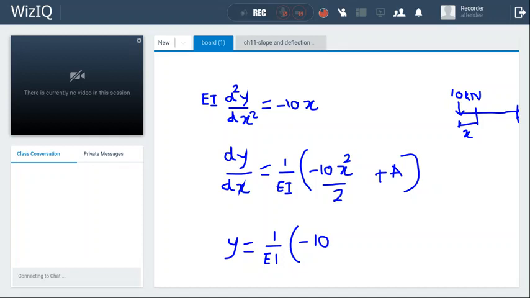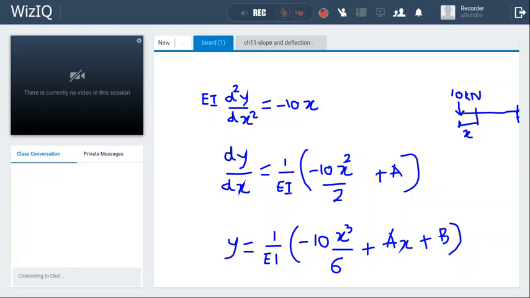This x square will become x cube, so 3 into 2, 6: minus 10 x cube over 3 into 2, 6, plus ax plus b, another constant. So we get this as the equation for